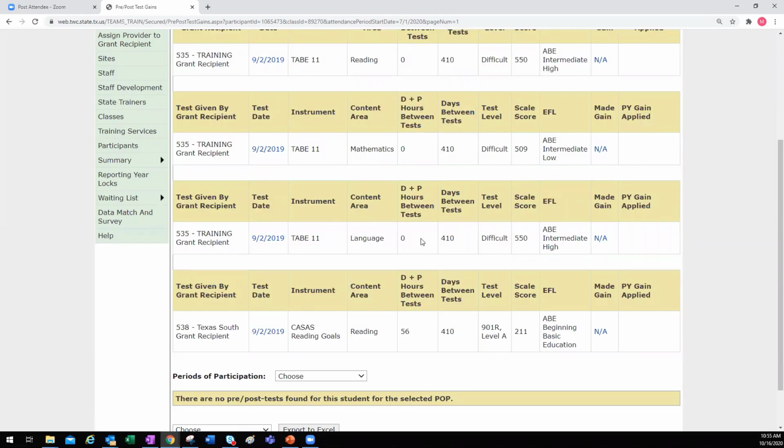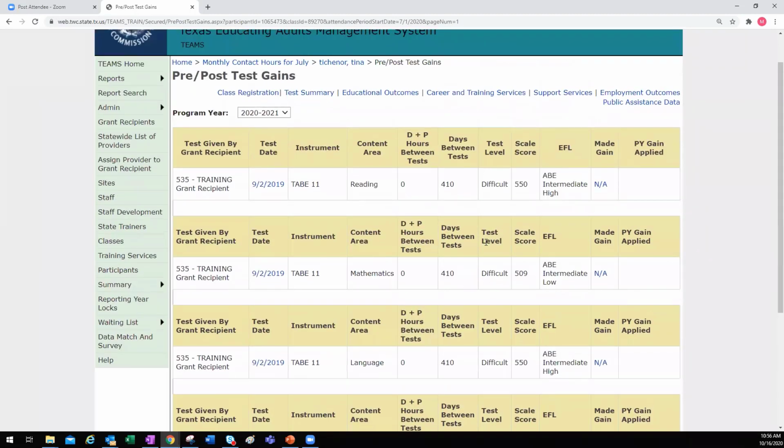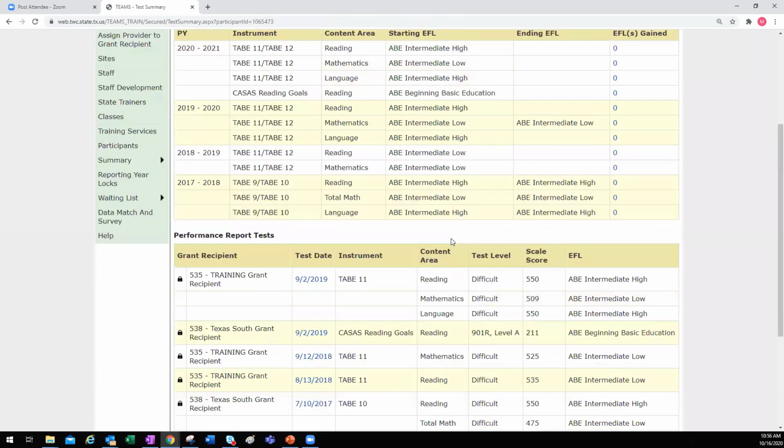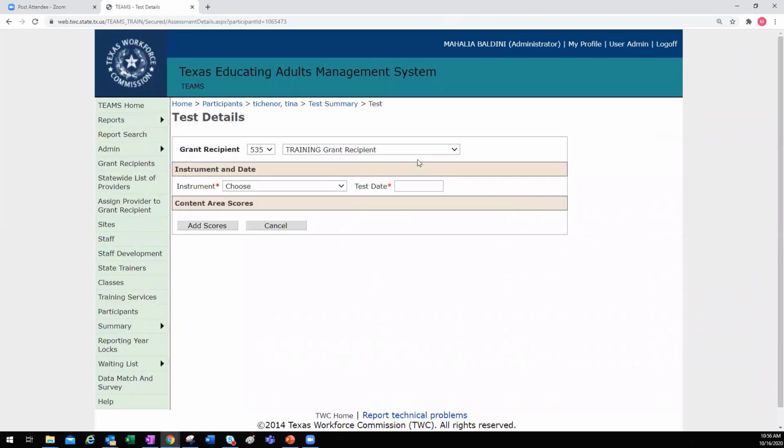It's not going to attach them up here to the TABE test, okay? Because that's not the test instrument that I'm telling teams that we're using for purposes of measuring instruction. I'm telling teams at class registration that it's the CASAS, right? But what I want you to know and understand is that since Tina is a participant, let's just say she is participating at both of these grantees, if I go, and I should have picked the other one because I'm horrible at knowing what my